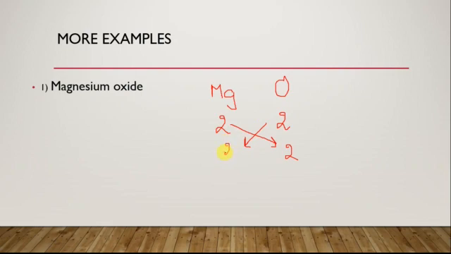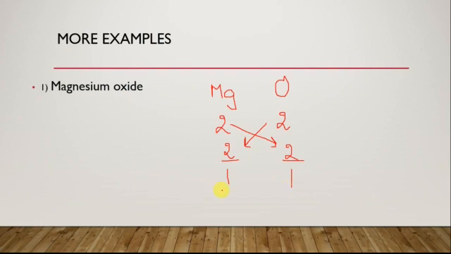Now the fourth step was simplification. Now here the two numbers are, for magnesium it is 2, for oxygen also it is 2. So can we simplify it further? 2 and 2. Yes, we can divide both the numbers by 2 and we will get 2 divided by 2, that is 1, and again 2 divided by 2, that is 1. So this will become the simplest form for the valencies, that is 1 for magnesium and 1 for oxygen.